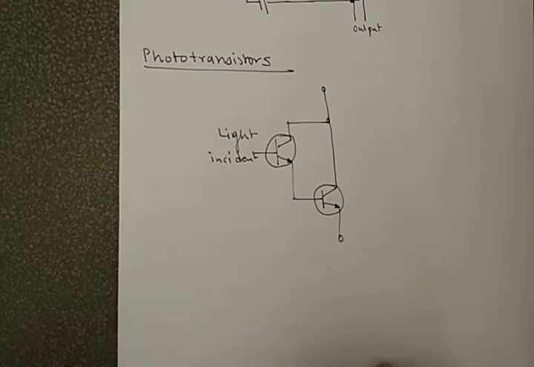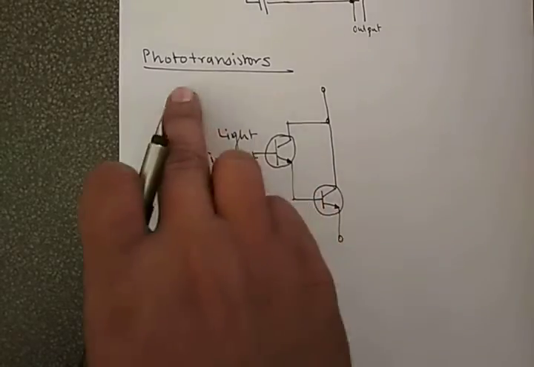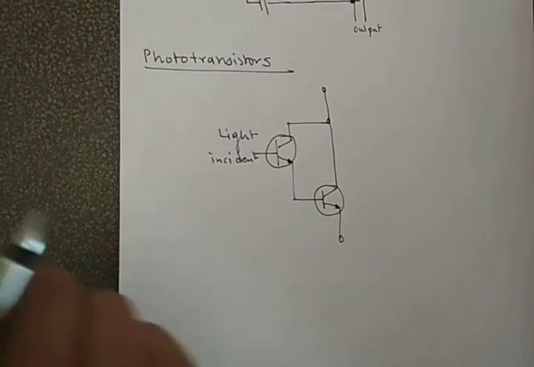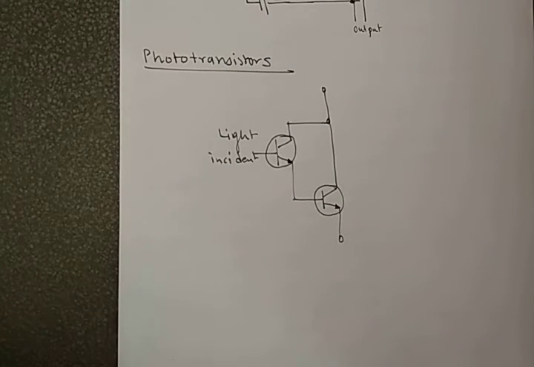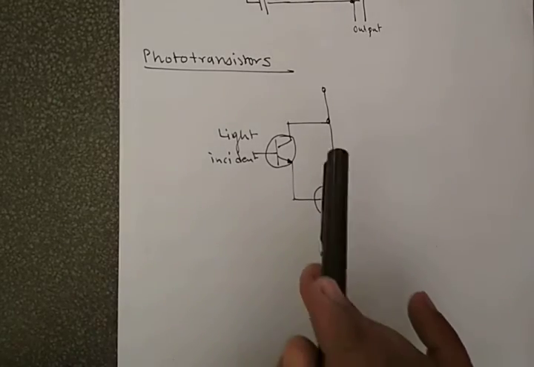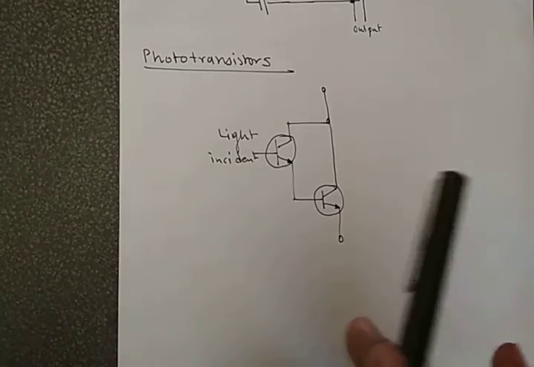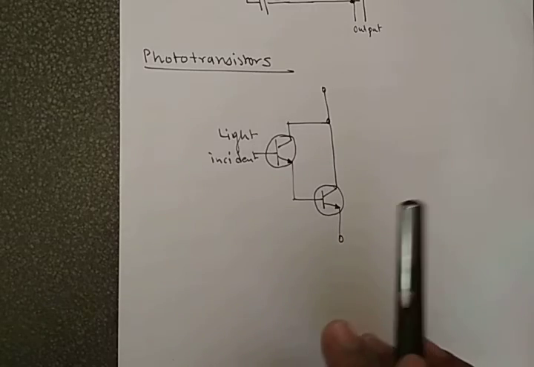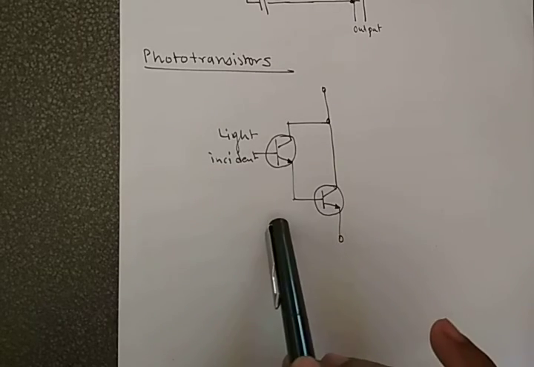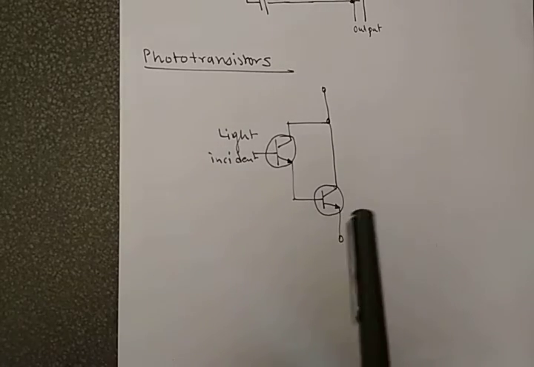Now these are the light sensitive collector based PN junction. We are using a PN junction over here, and when there is no incident light, a very small collector to emitter current will flow,